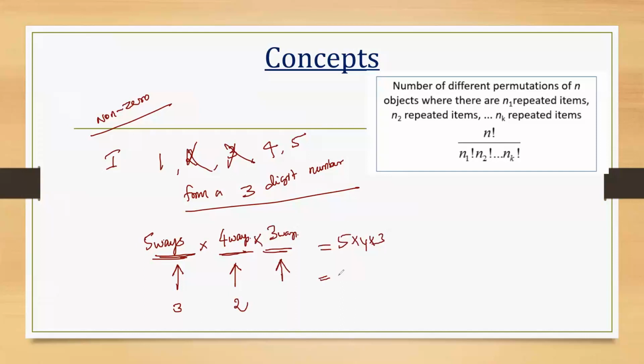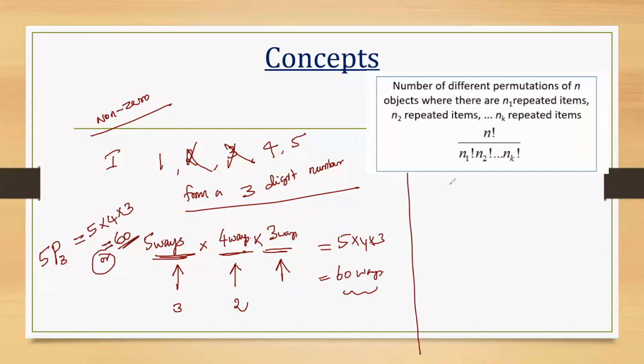The answer is 60. Or else you can say 5P3, 5 into 4 into 3. We have 5 numbers. Out of 5, we need only a 3-digit number, right? So 5P3, so we have 60 ways. Suppose